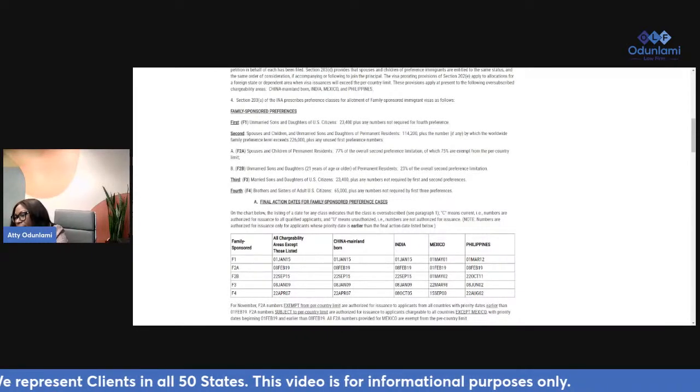Everybody knows how delayed the immigration process has been. So even though F1 is January 2015 and F2B is September 2015, what, 9 months? That 9 months could actually be a year in terms of waiting. So that may make a difference to somebody. So basically what I'm saying is this, right? If you are an LPR, which is a green card holder, and you become a US citizen, go to the visa bulletin and check which one is moving faster.